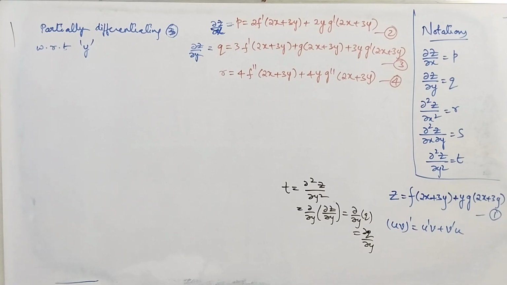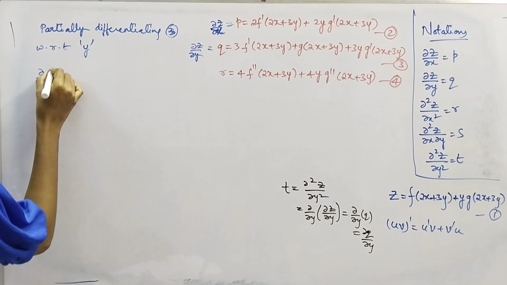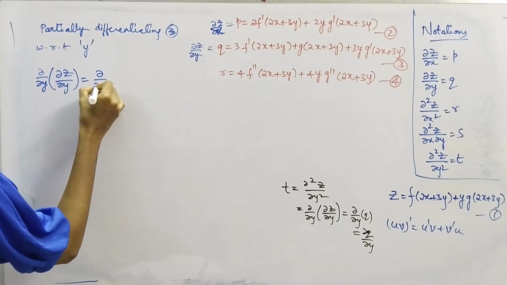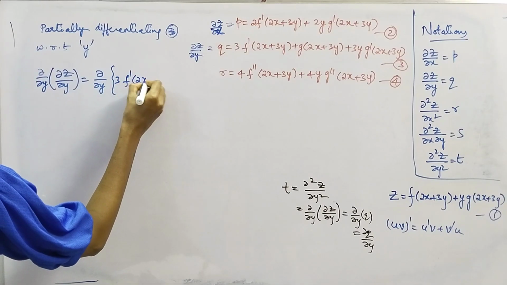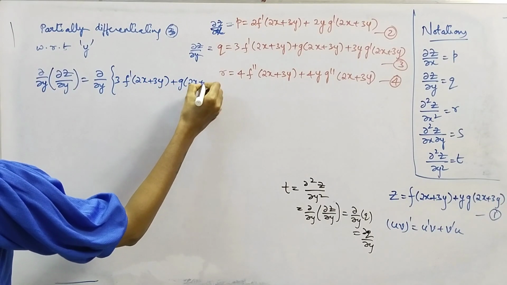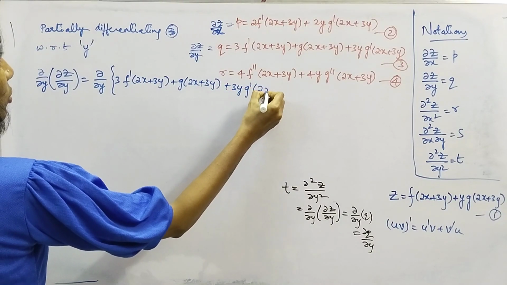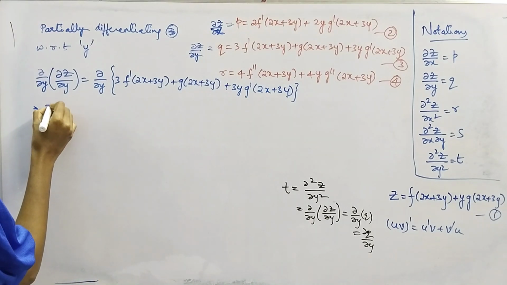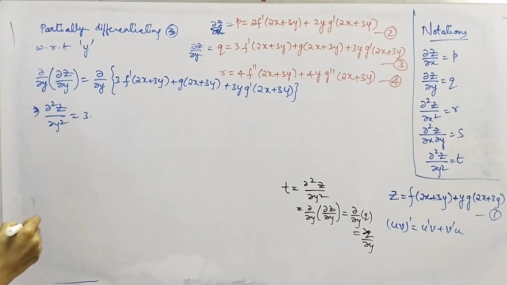Just apply ∂/∂y on both sides of the equation. You'll get ∂/∂y of ∂z/∂y equal to ∂/∂y of 3 into f' of (2x+3y) plus g of (2x+3y) plus 3y into g' of (2x+3y). This gives us ∂²z/∂y² equal to 3 into the partial derivative of f'